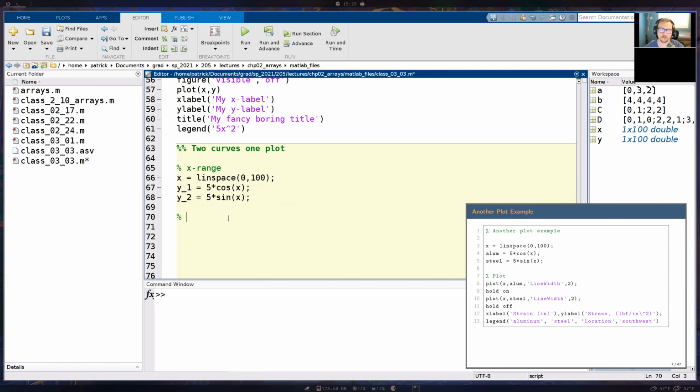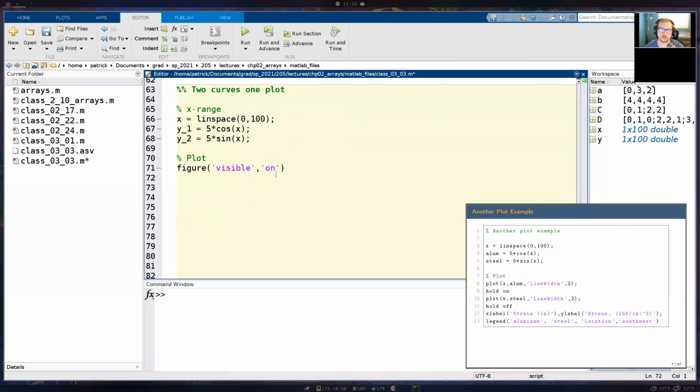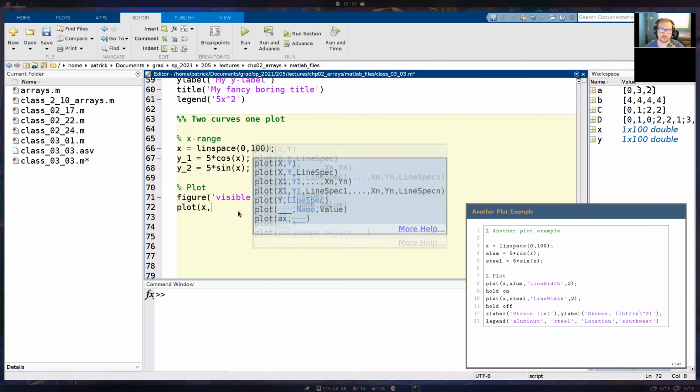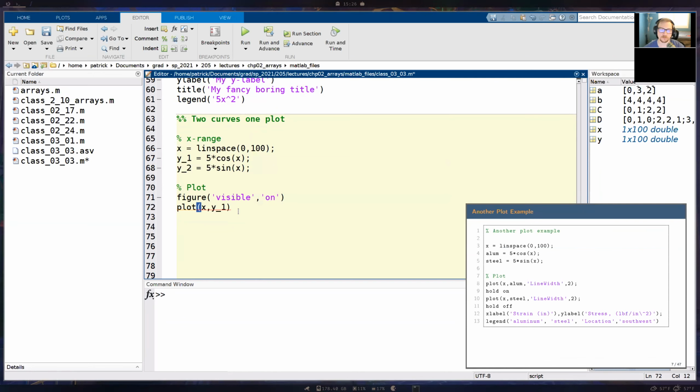Now let's plot it. I'm going to do figure, visible, and then on. This time I want to see what the plot looks like. So we're going to plot our first curve here: plot x comma y_1. Let's run it.